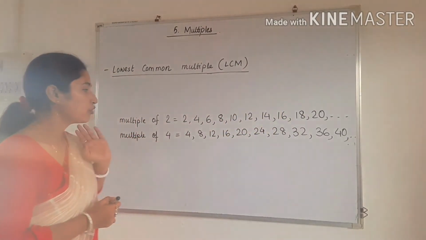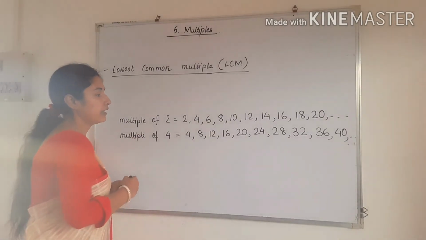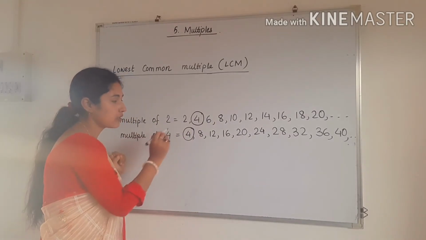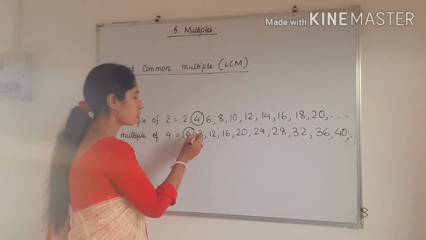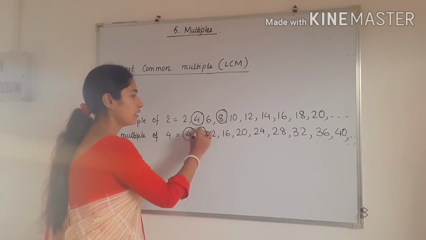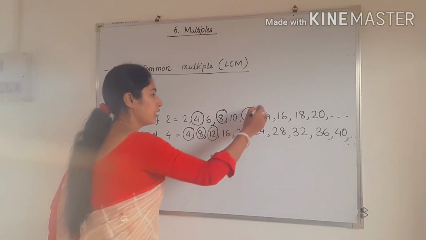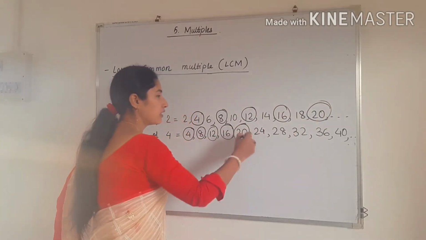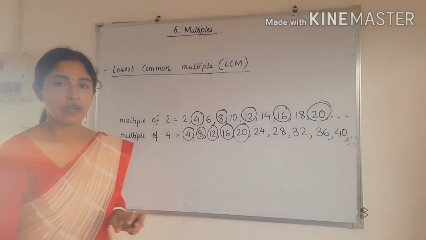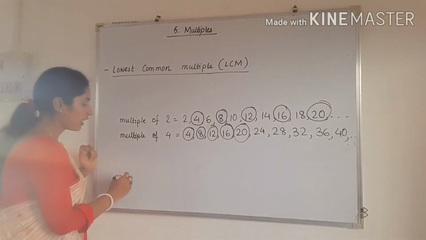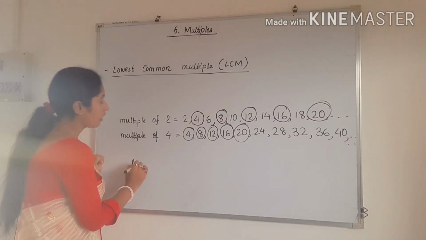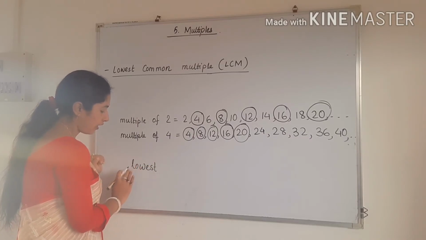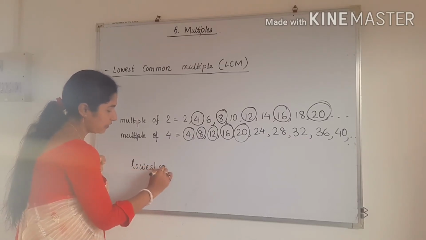Now what we have to do? We have to see the common multiples in this one. First common multiple is 4. I am circling outside this number. This is common. Next common will be 8. Next will be 12. Next 16. Next 20. Like that we can find many common multiples. But here we have to find the lowest one. So what I have to find? The lowest common multiple, that is LCM. So I have to write lowest common multiple